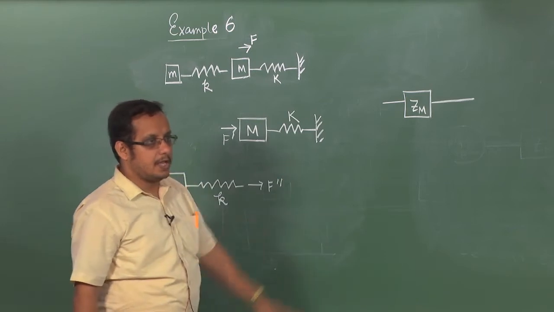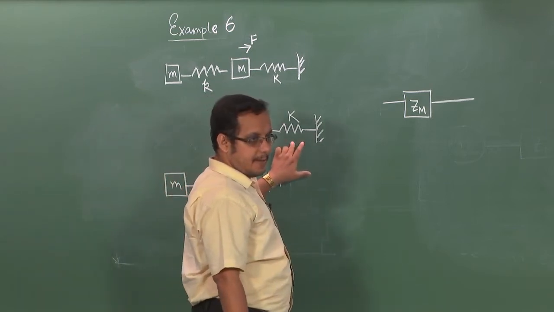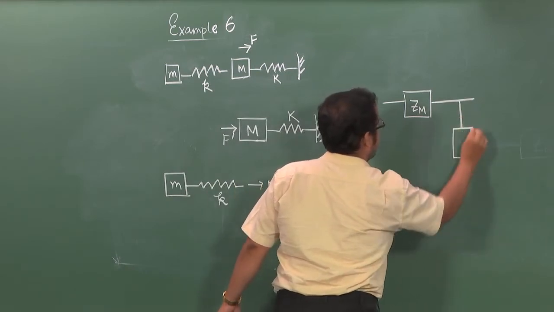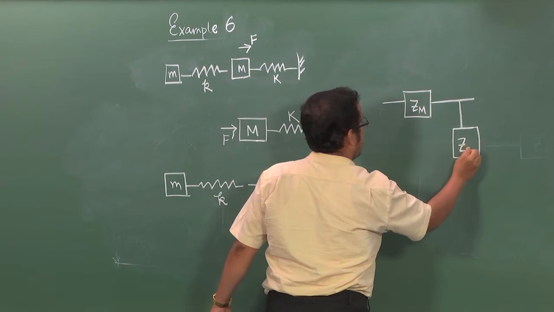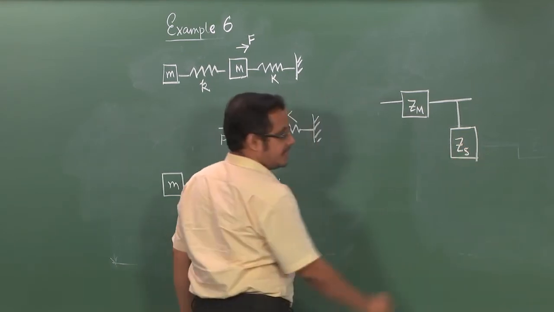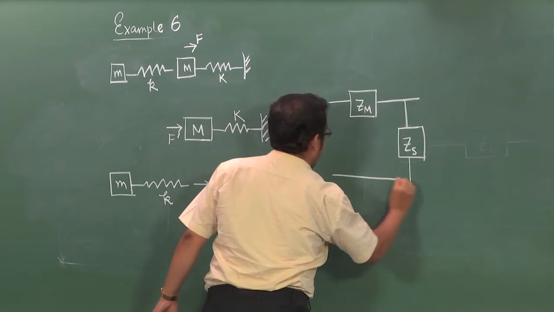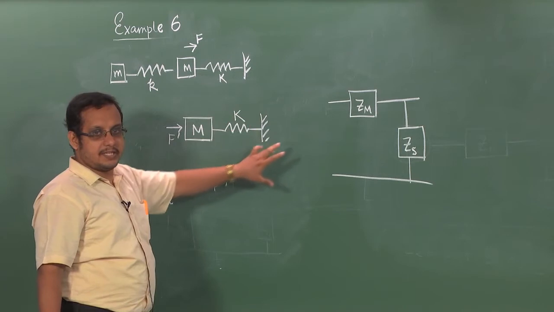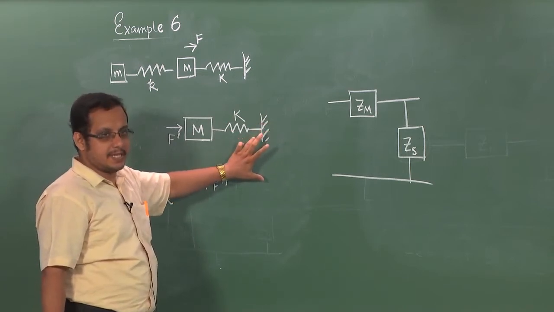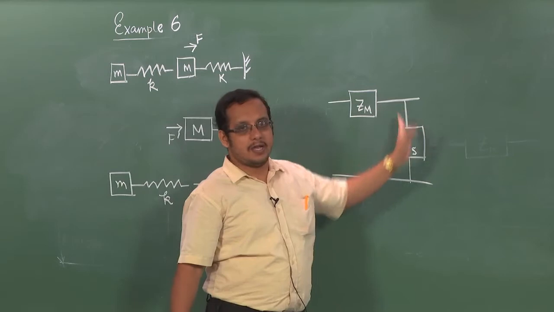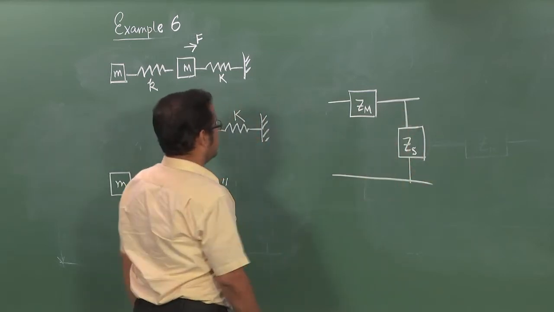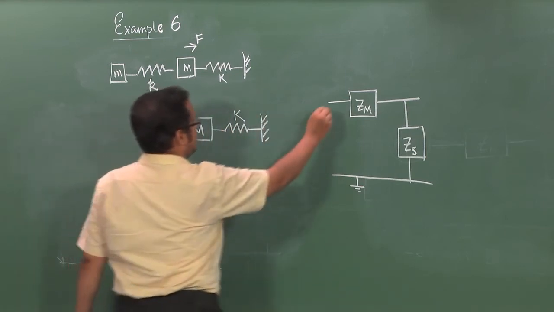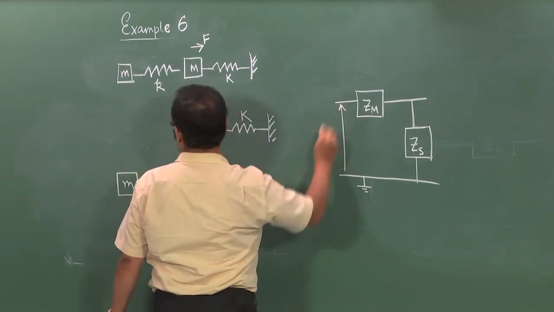You will have the impedance associated with the stiffness capital K which will be in the shunt position, Z capital S, and it will be left open because the velocity here has got to be 0, which means that there cannot be any current in this part of the segment, which is why it will be left open. And this is my grounding line and the voltage here would be F prime,